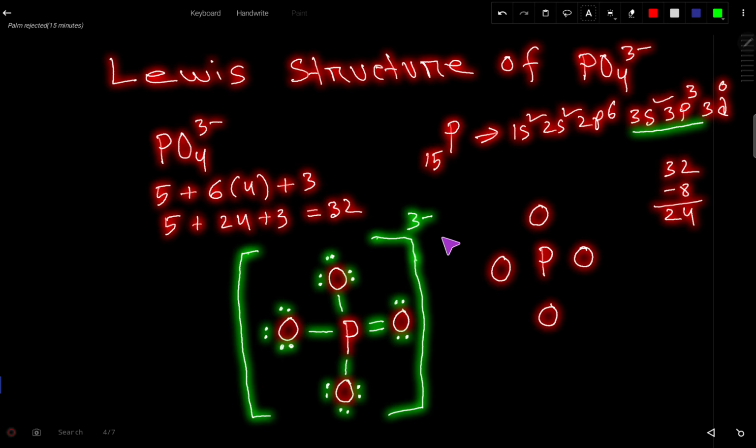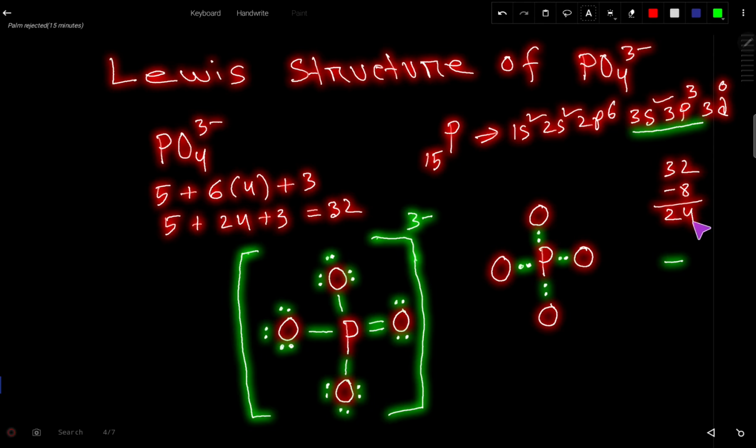Okay, look, now these 32 valence electrons have 2 tasks at the same time. The first task is to connect these 5 atoms together. So let us connect these 5 atoms together. To connect we need 2 dots or a single bond. 2 dots mean 1 single bond, right? So for connecting we have used 2, 4, 6, 8. So out of 32 we have used 8 for connecting. So we have 24 valence electrons left.